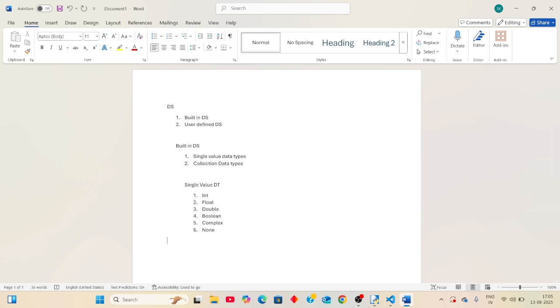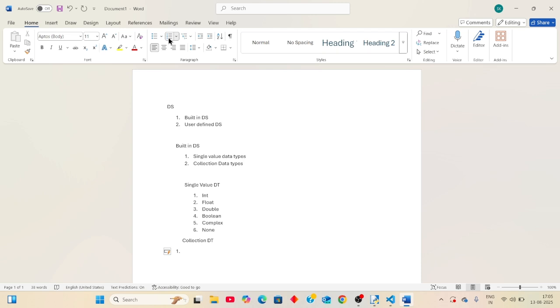And in collection data types, there are many types.